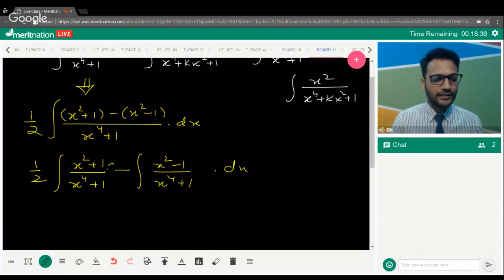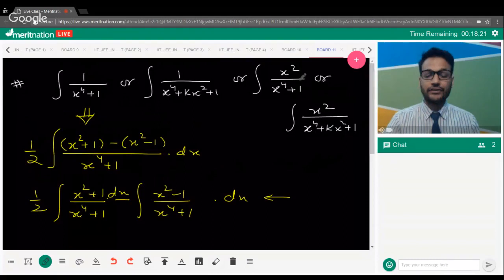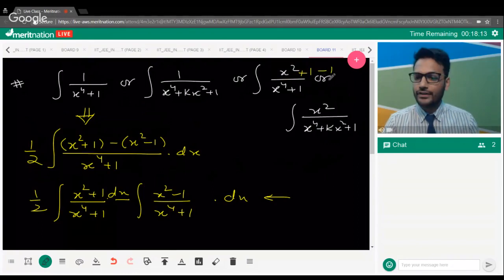Dot dx, obviously, right? And then you can solve this very easily by dividing both numerator and denominator by x squared, and then completing the square in the denominator and taking the corresponding value as t. Same thing could be done over here, as well as over here. If you have taken x squared, you can add and subtract 1. You will have your result.